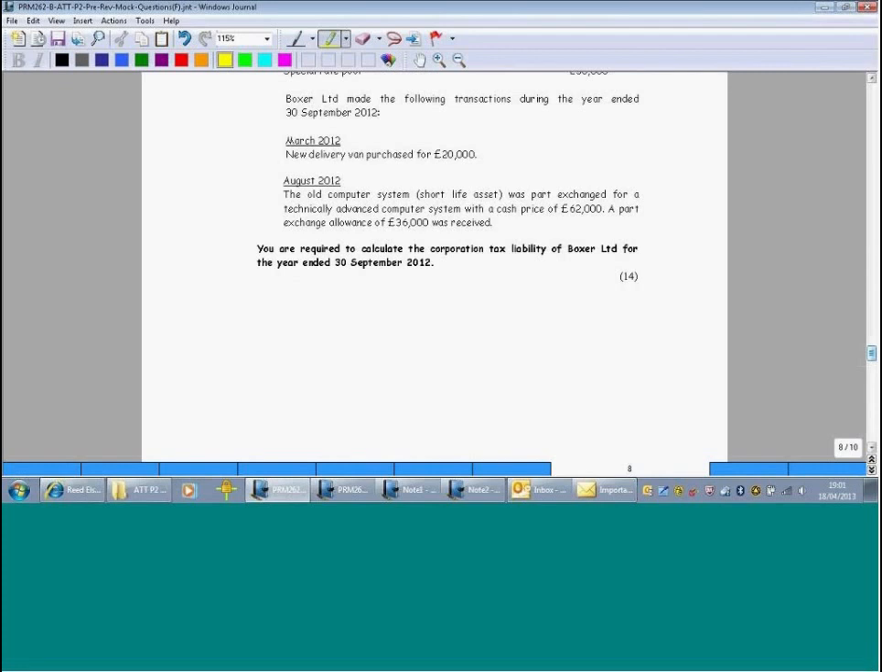First of all, start with the requirements once you've worked out your timing for a question. And the requirement is simply asking us to calculate the corporation tax liability of Boxer Limited. It says it's for a year end, so that's helpful. But it's the year ended the 30th of September 2012. So a couple of thoughts should be going through your mind at this time. You're going to be dealing with a financial year straddle potentially